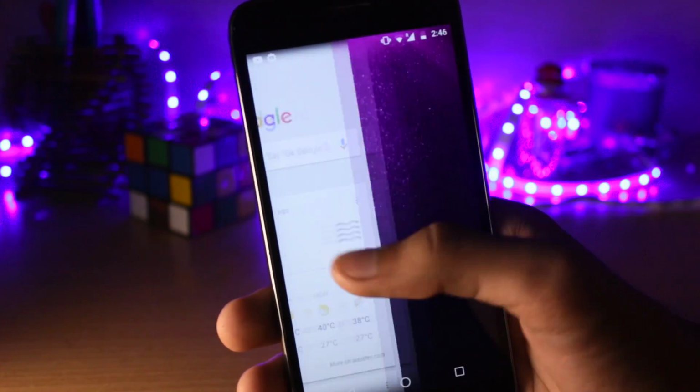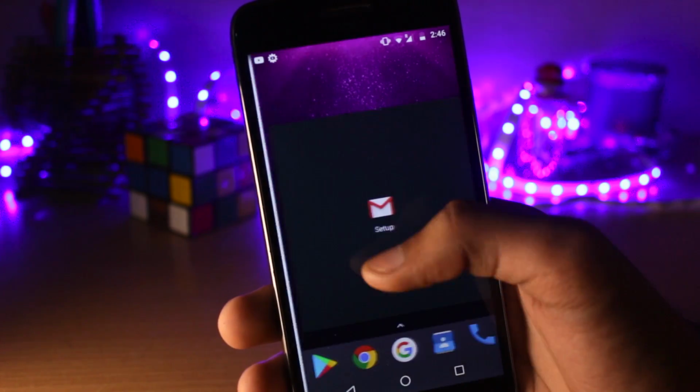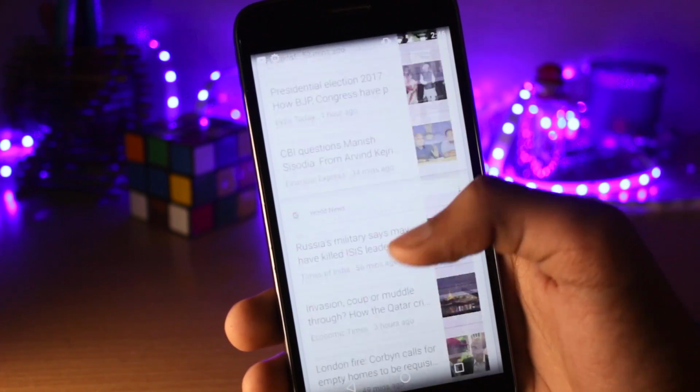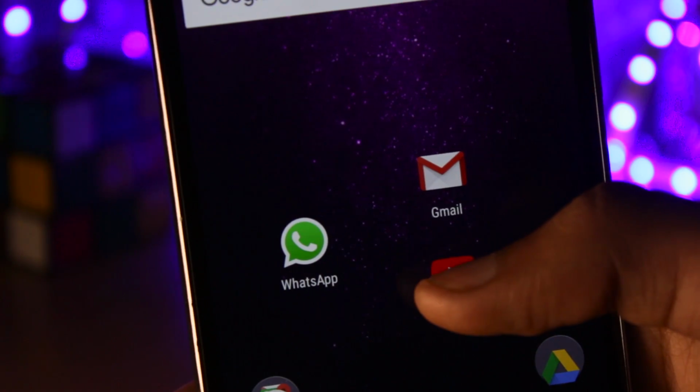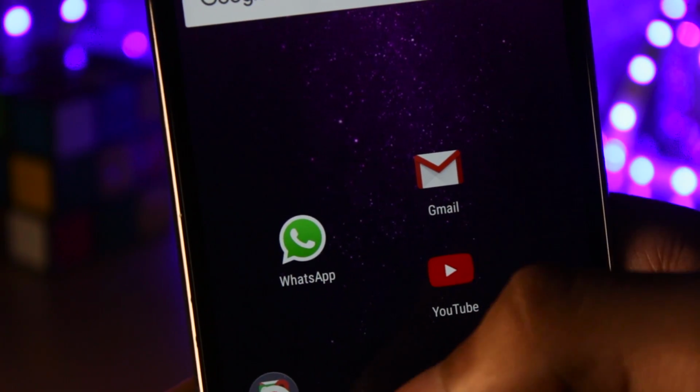This would enable the Google Now cards inside of Nova Launcher, and it would work just like it works with the stock launcher. All of the features remain the same. You get the weather, news, and everything just like it does on stock. You also have the quick launch options that you get with the stock Android launcher, and you can also enable